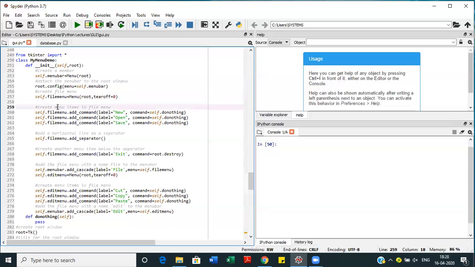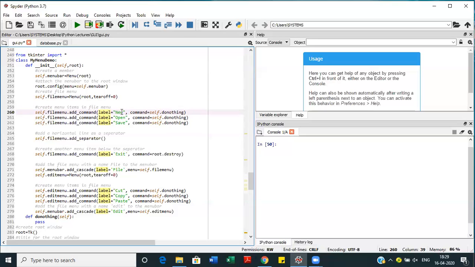Next, we have to add the different menu items on a particular menu. The first menu we have created here, the object is filemenu. Now in this filemenu object, we are adding the different menu items. For that we need the add_command function. This add_command function takes the label of different menu items.